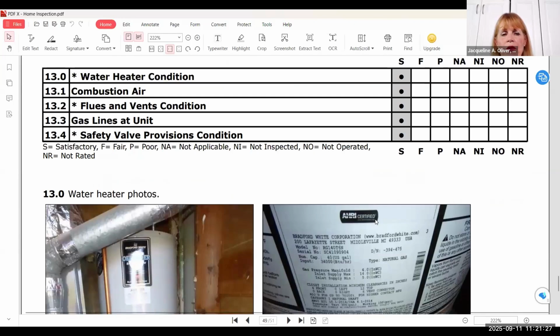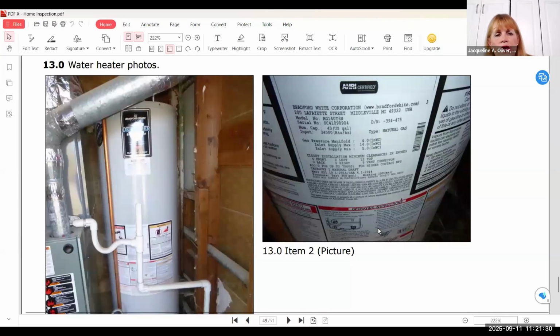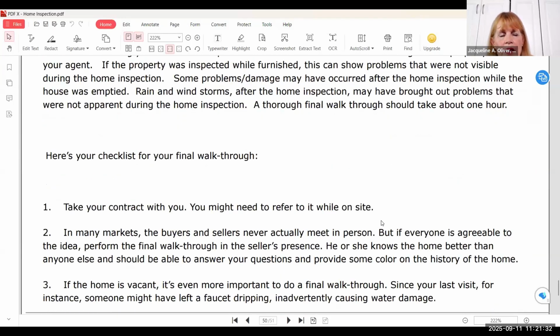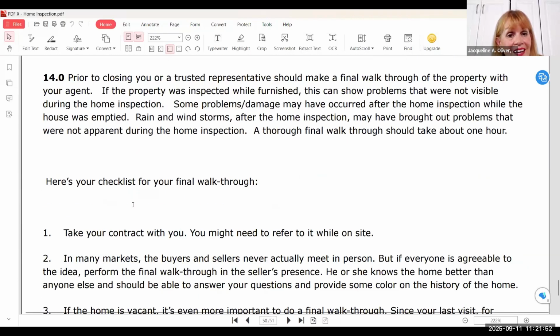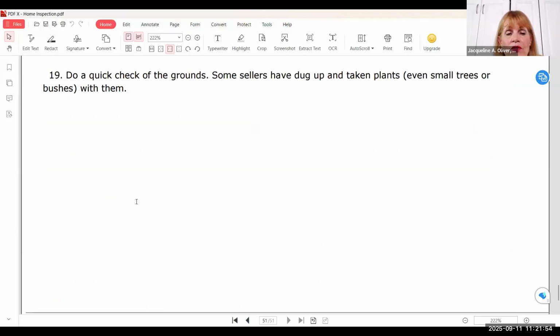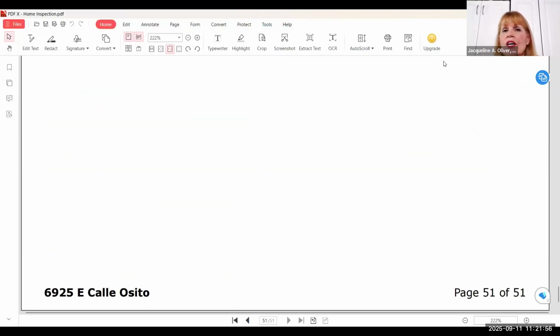So there are people that really don't know their properties. And let me go back to this one picture. They mentioned the water heater, and they mentioned the galvanized plumbing. If you look on the side of the water heater, you're going to see this copper plumbing. That's how they know, and also by their other observations, that there's copper inside. Now, that being said, they don't search under carpets, etc. So there are a lot of issues there. This report is 51 pages.